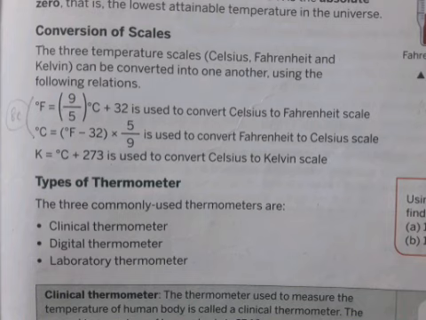Say 32 degree Fahrenheit, or it can be more, 50 degree Fahrenheit. So 50 degree Fahrenheit, you have to convert it into degree Celsius. How are you going to do it? In place of degree Fahrenheit, you have to write 50. 50 minus 32 into 5 by 9. So 50 minus 32, whatever value you get, that has to be multiplied by 5 divided by 9, and that answer is in degree Celsius. So your Fahrenheit is converted into Celsius scale.